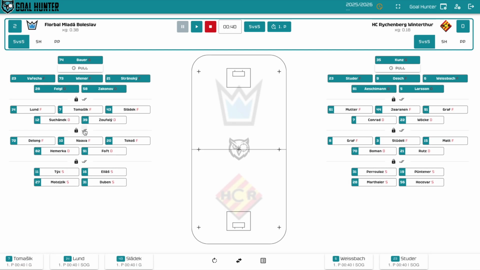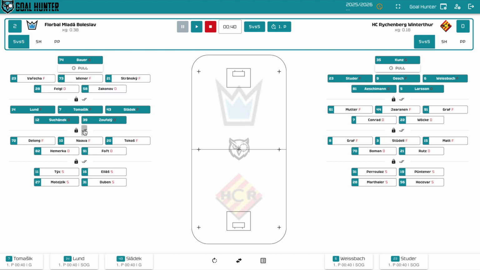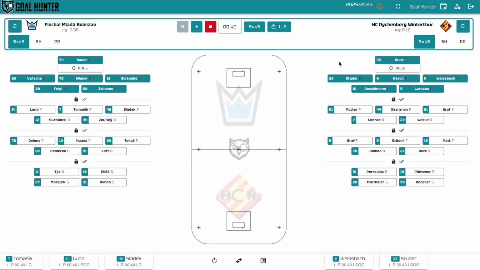Player substitutions can be made in 2 ways, either by changing the entire line at once clicking this button, or by swapping one player for another by clicking on the players. At the end of the match, you can pull the goalie by clicking pull and then adding a 6th player. Returning the goalkeeper back then works like this. To return the goalkeeper, simply replace the field player and put the goalie back in.